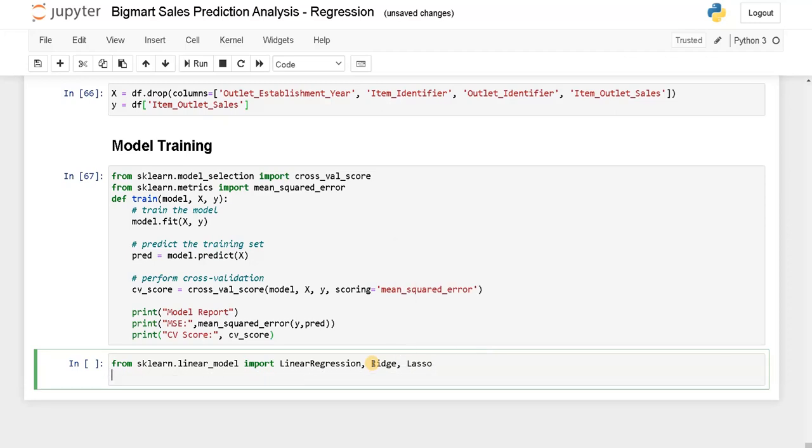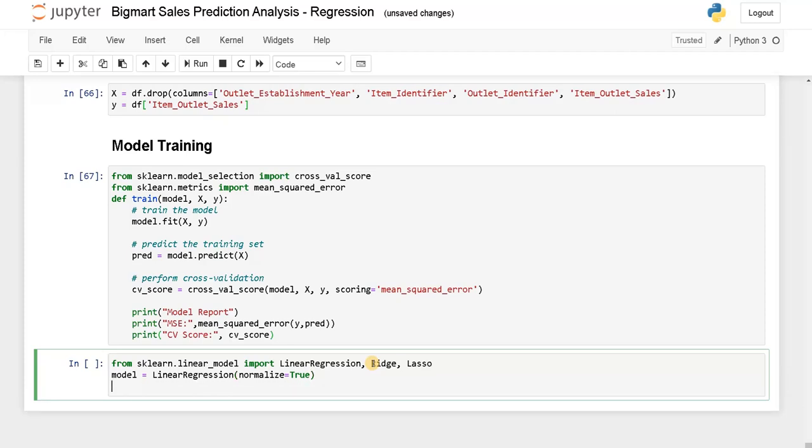Okay, let's define the model. Model equals linear regression. Let's normalize the data set further, so we will use normalize equals true. Now train model comma input and output.